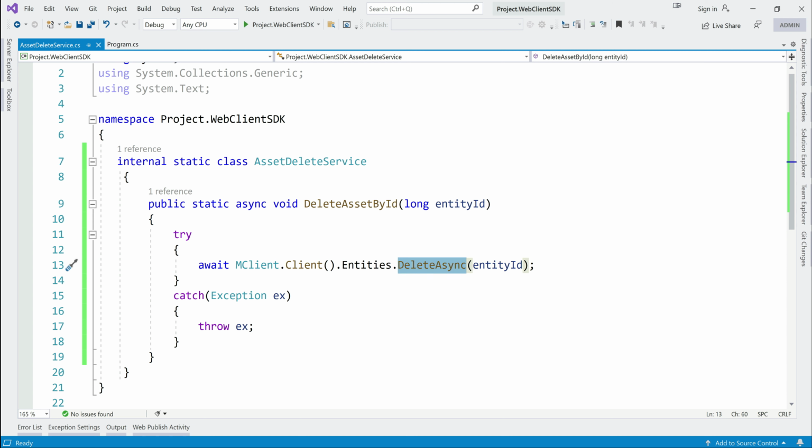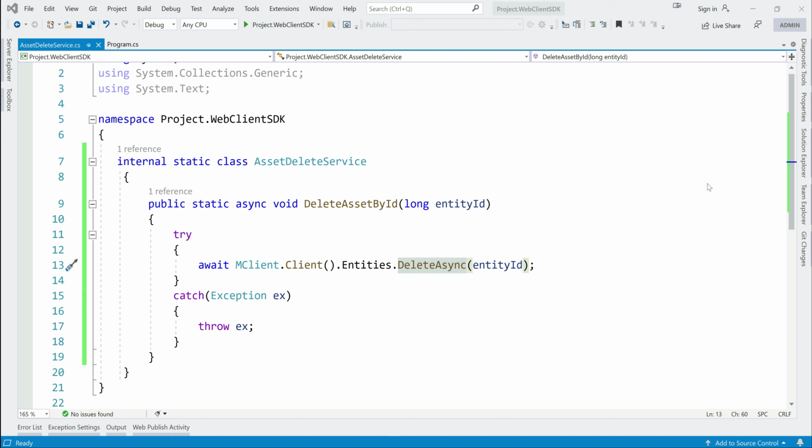In a general case, we would have a lot of try catch and logging, all these things would be there. Also, we would not delete by passing an ID from the console, like the UI. We would automate some of these. We fetch using the querying, like how we saw in the previous video, duplicate assets. Then we would loop, and we would finally get some list of entities which we want to delete. Then pass this to some methods and loop it and delete it. So that's much quicker than when you are deleting from the UI.